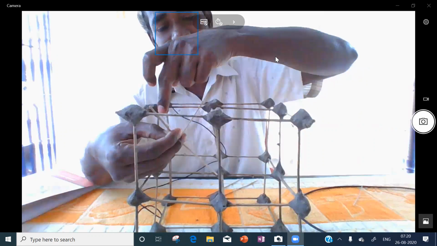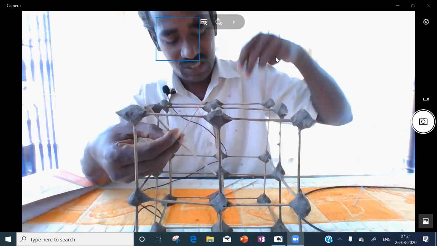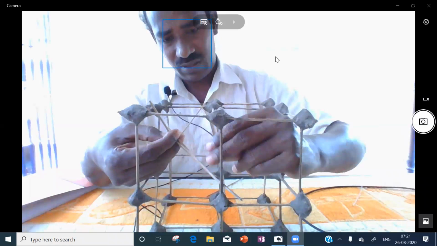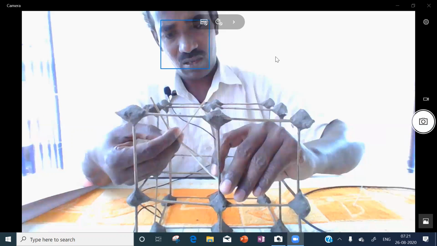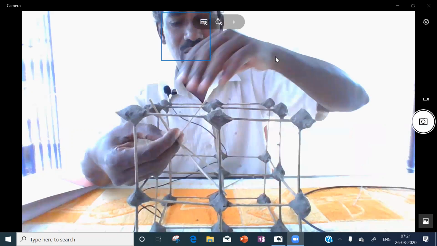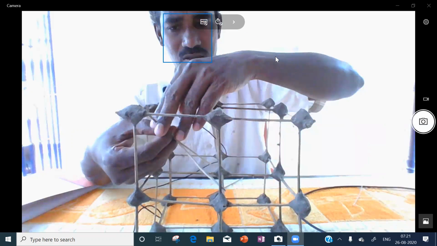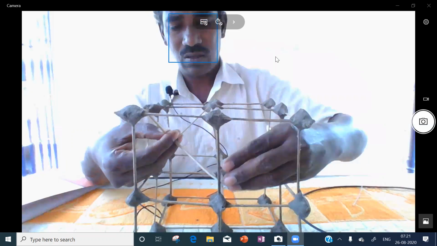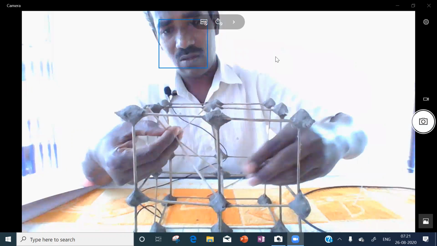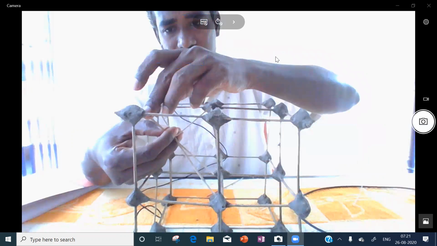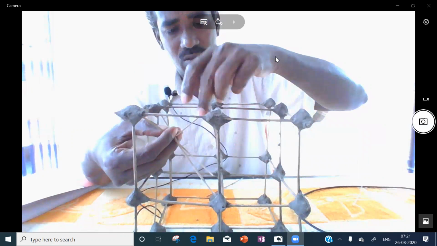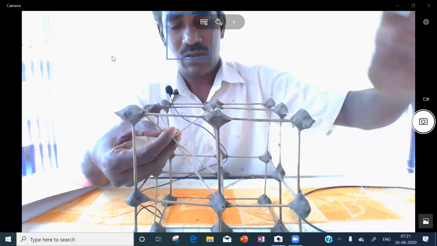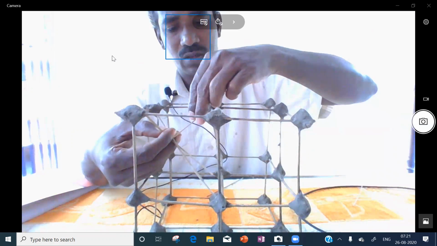From this corner, we will go to this face center. Now you see like this.